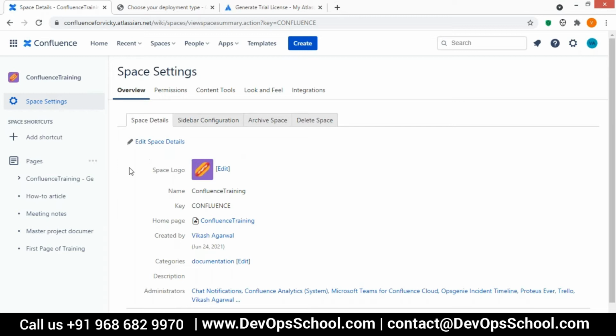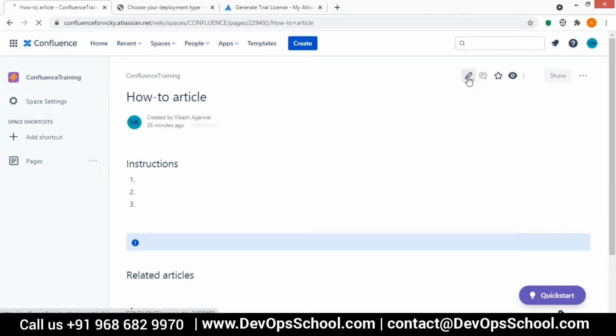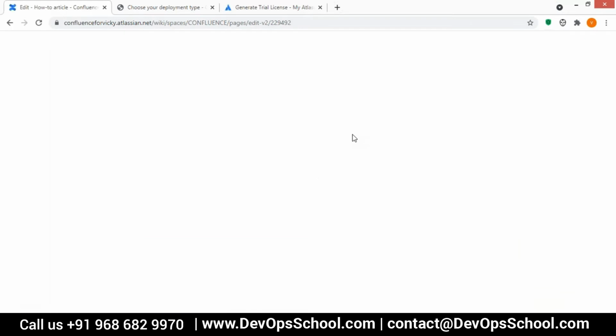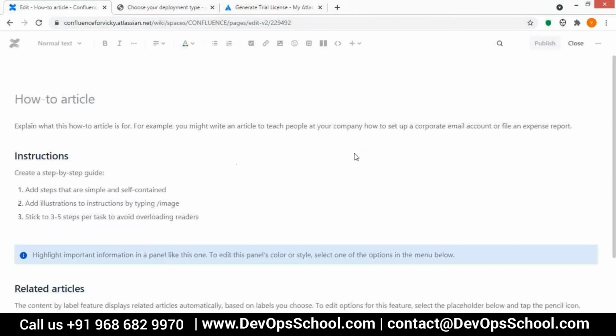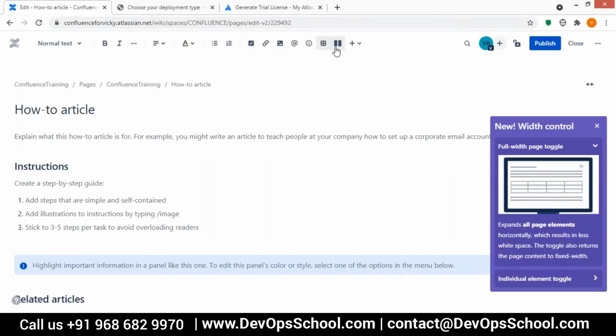Now let's talk a bit about the pages also. When I open any page and click on edit, the look and feel, most of the icons you will see at the top of your page, is more or less like a Microsoft Word document or any Word document tool, where you can use these options to add things.